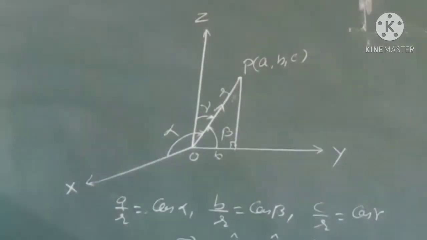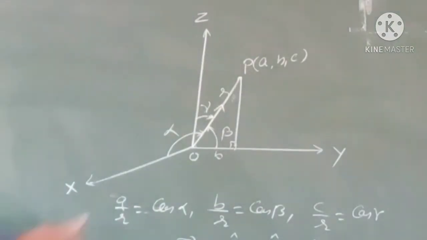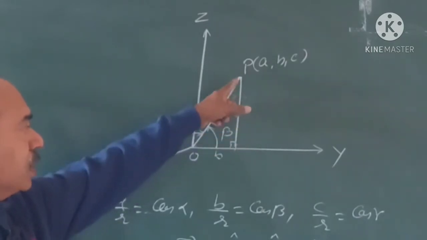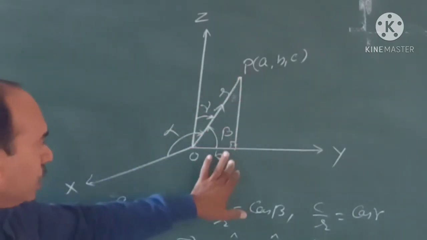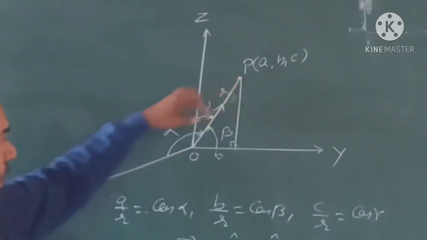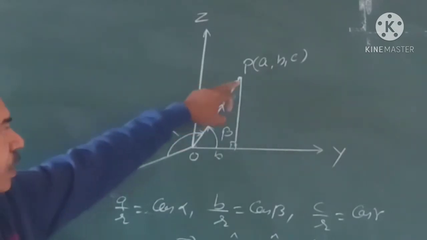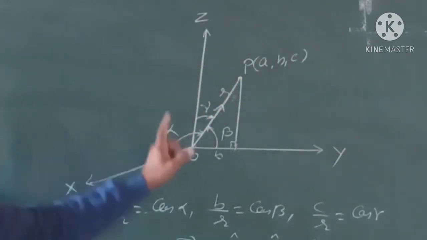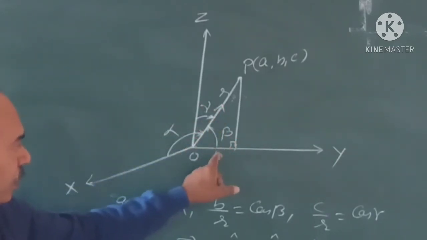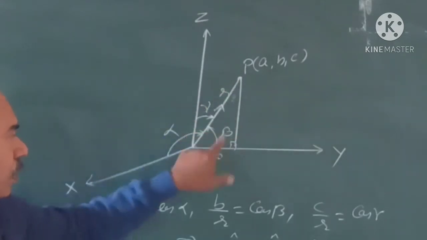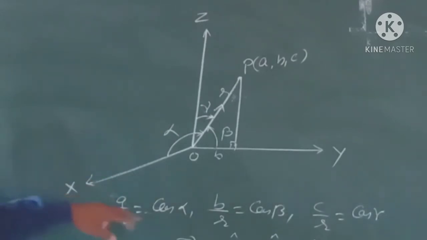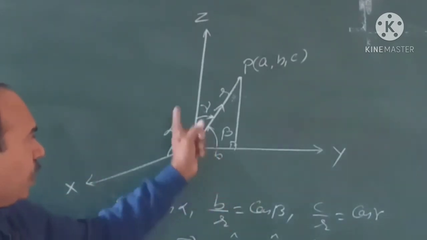Okay, once again see here, there is a point P, and A, B, C. If we draw perpendiculars from this point P to the axes, in this figure we draw only the perpendicular on the y axis, so this is B. If we draw a perpendicular on the x axis, we get A, and if we draw a perpendicular on the z axis, we get C. These angles are alpha, beta and gamma. So it is clear that B by R, where OP is small r, is cos beta. Same here, A by R is cos alpha, B by R is cos beta and C by R is cos gamma.